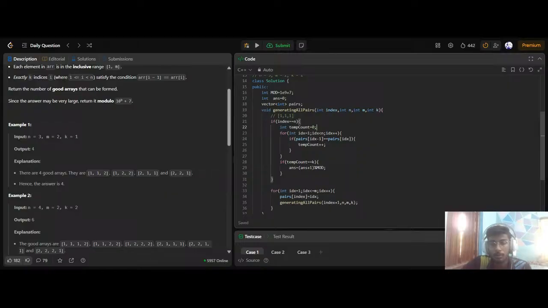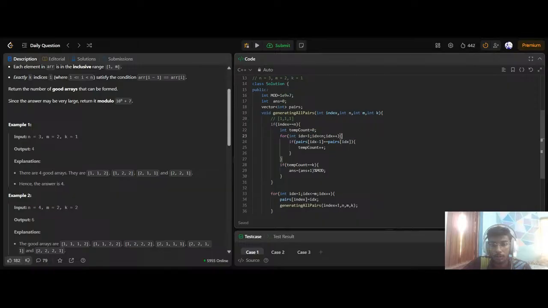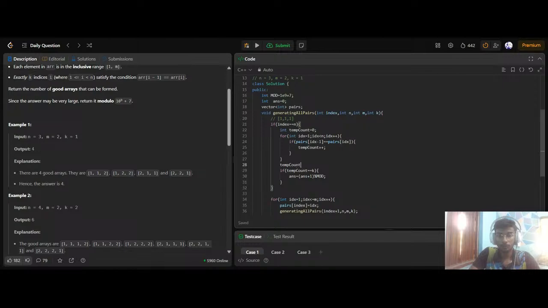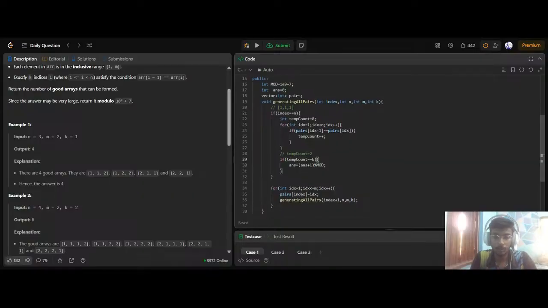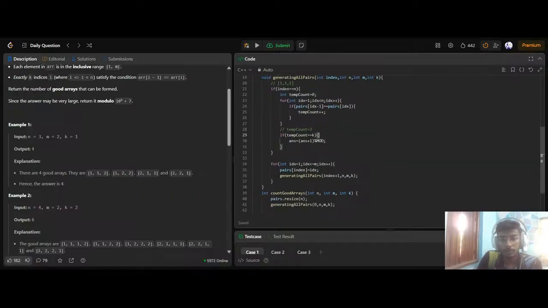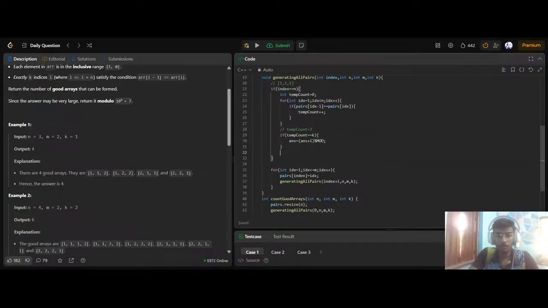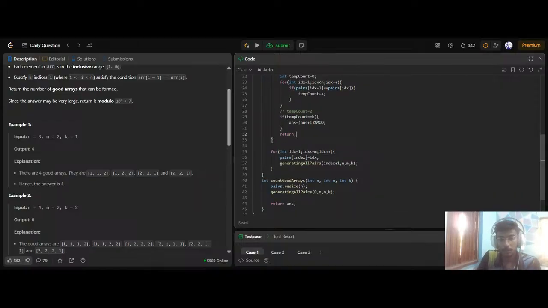And here in the temporary count, when it counts the number of pairs, the value of temp count will be equal to 2, which is greater than k. So the answer will not be modified, and it will just return. I'll just have to write return now. Okay, it will just return the function, and after that, for idx equal to 1, idx is smaller than,